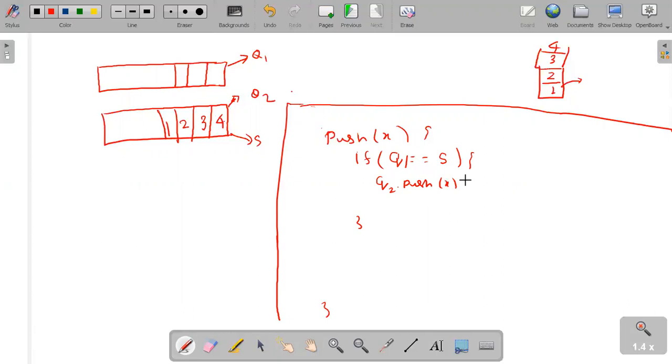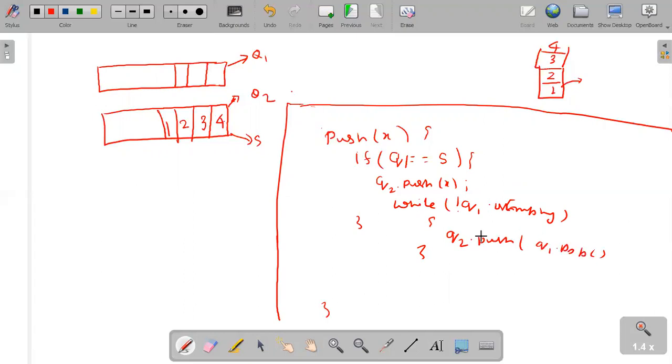And then I'll write a while block, while Q1 is not empty, I'll push all the elements from Q1 to Q2. So I'll do Q2 dot push and Q1 dot pop.